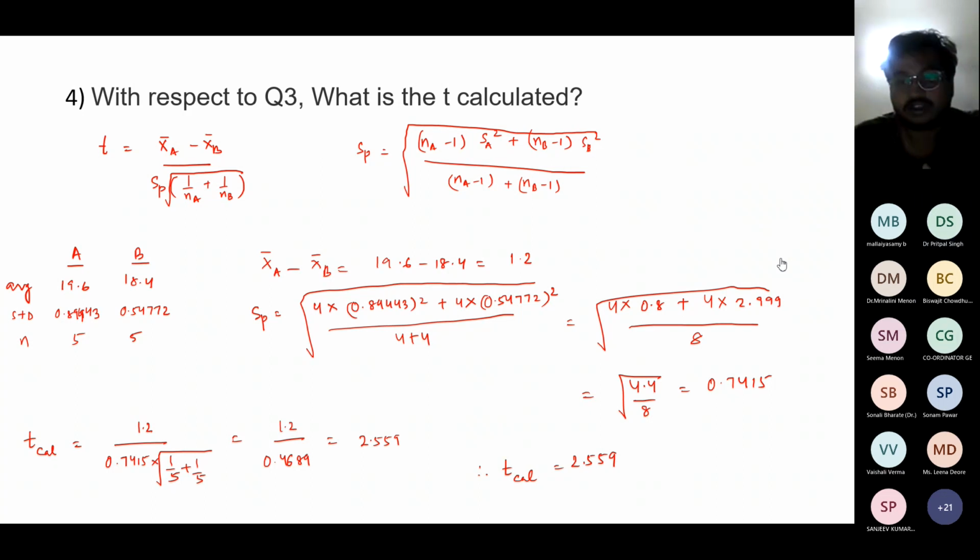In that case, the degrees of freedom will be n minus k, where n is the total number of samples and k is the total number of treatments or categories. So in this case, it will be 10 minus 2 because we have 2 categories, A and B,